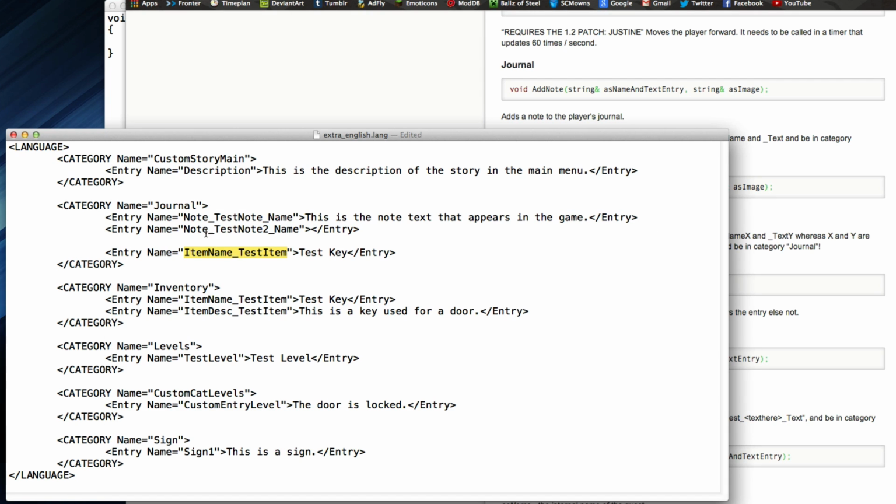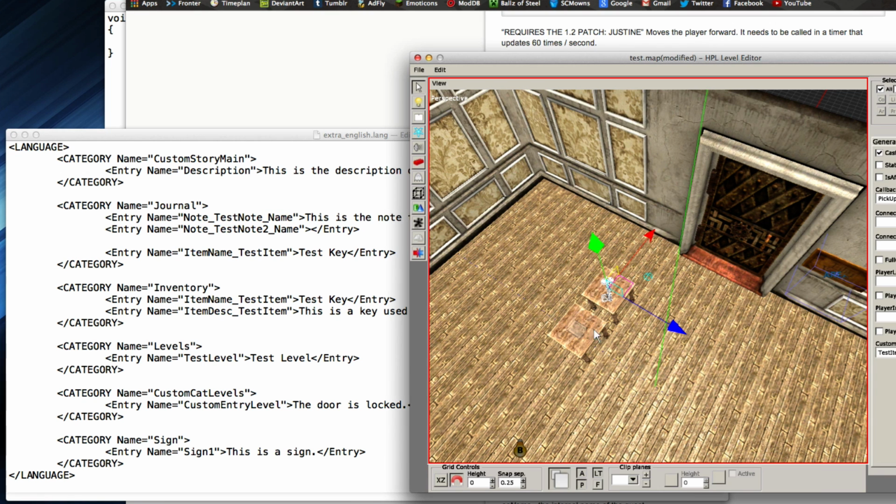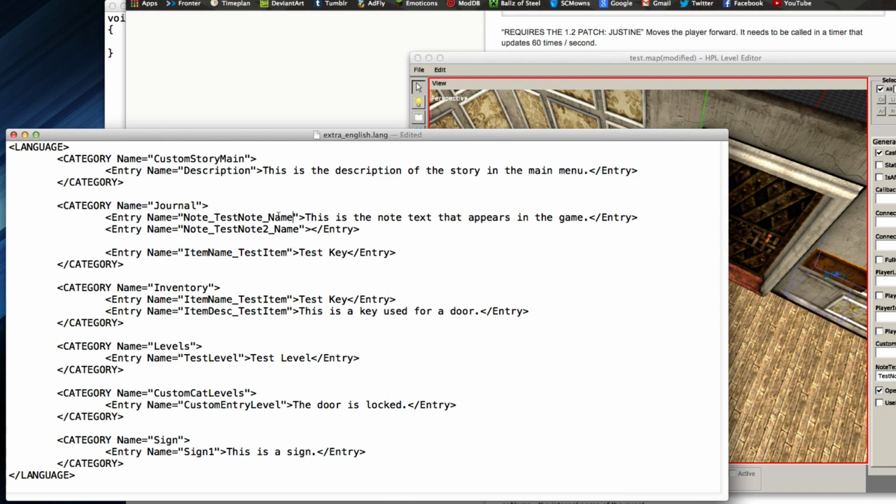So instead of note underscore name, oh, and by the way, it was name. Was it name? Or was it text right here? I don't remember, but it does say in the editor. I just want to make sure I'm not screwing that up. Okay, yeah. I forgot a little something right here. On the note, it has note text and note name as the extension.